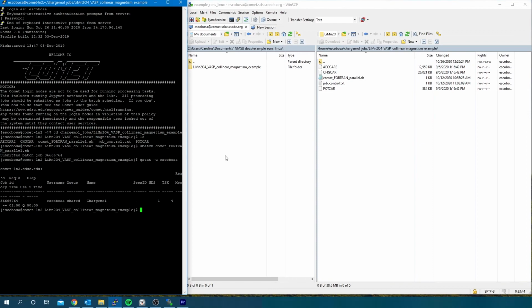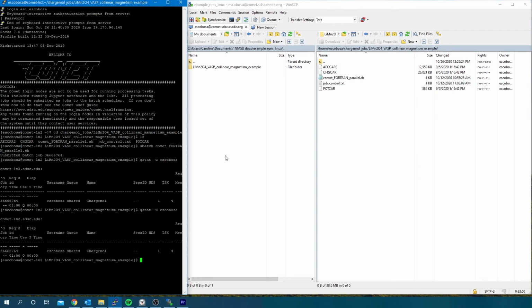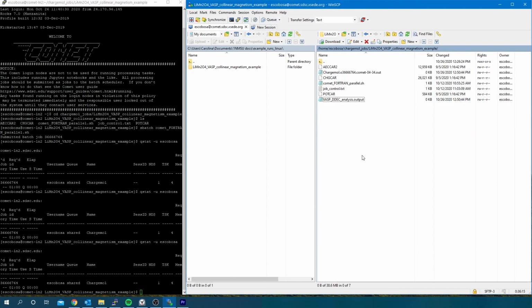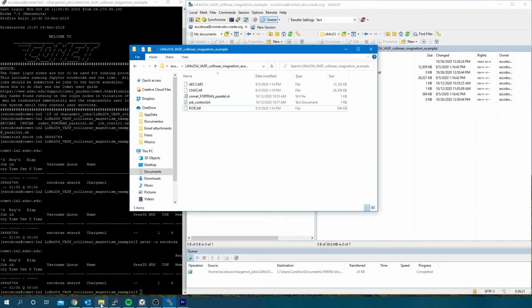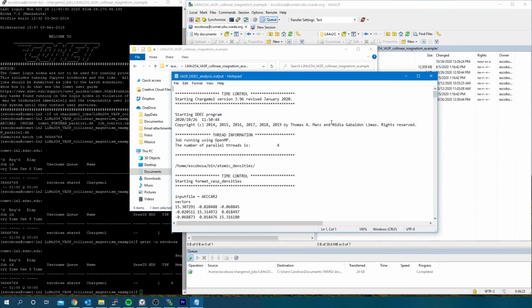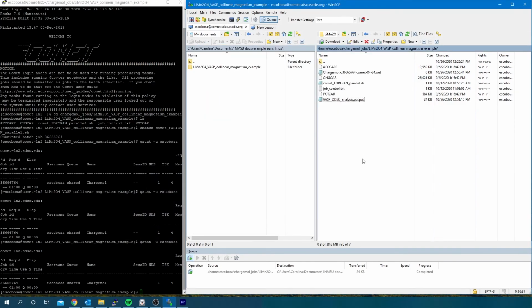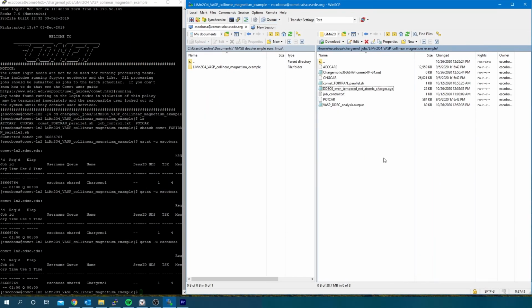When the job is still running and a file is open in a text editor in WinSCP, an end of file character could be added to the files that are still being written, making any text added by the program after that invisible. The proper way to check a file when the job is still running is to drag the file you want to check to your local computer. Once there, you can open it and check how the job is progressing. You can do so for as many files as you want, as I just did here.